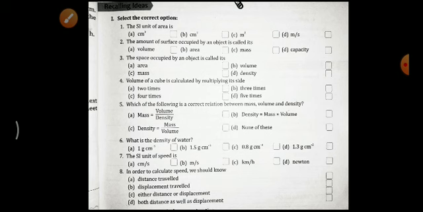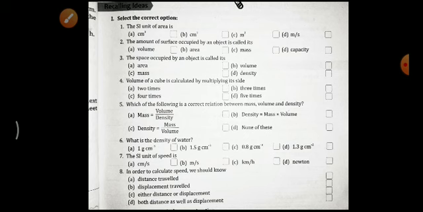Yes, so because already we have finished chapter 1, Measurement, from your physics book, today we are going to discuss some question answers, multiple choice questions, or select the correct options, which are given in your book. So without delaying, let's get started. Here I am going to explain the question as well as the answer. Why that one will be the correct answer, that also I will explain. So let's start.